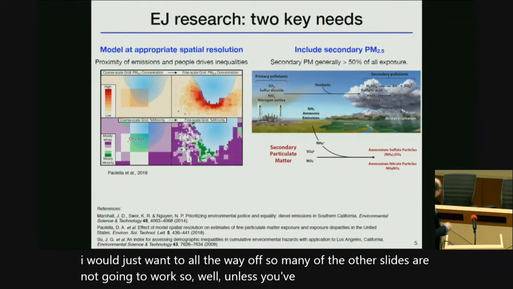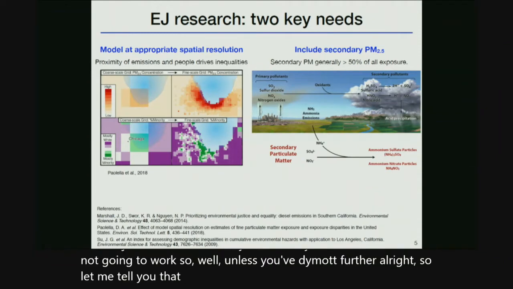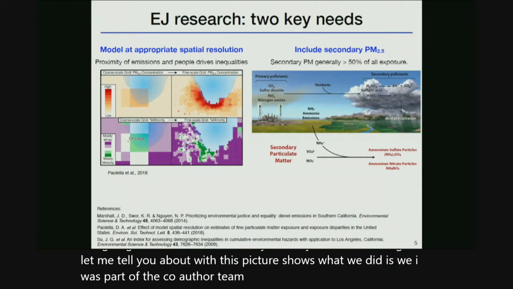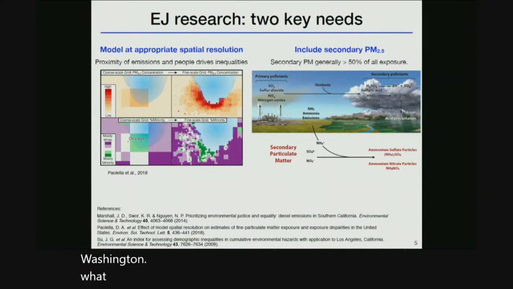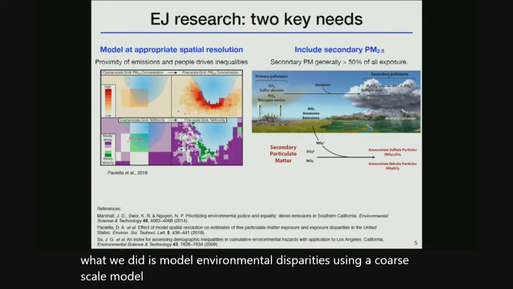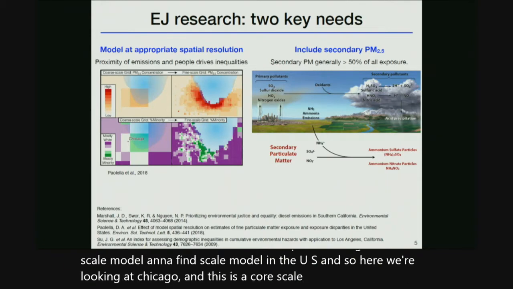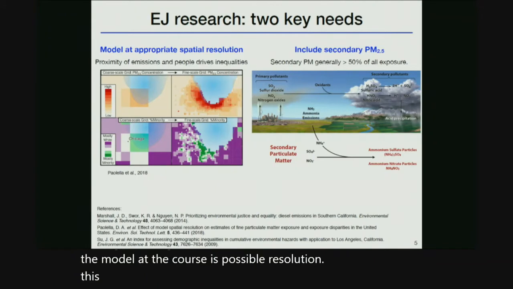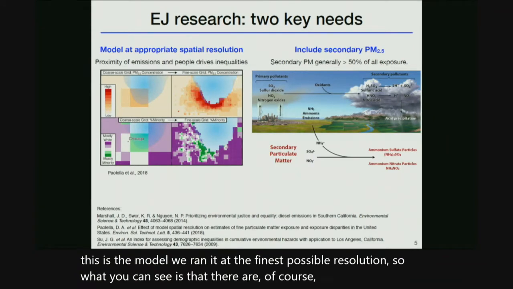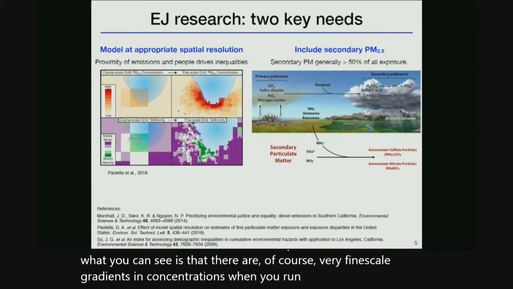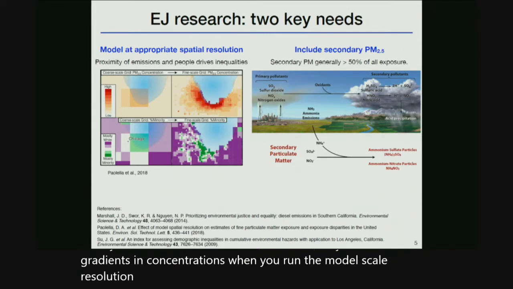All right, so let me tell you what this picture shows. I was part of this co-author team led by Julian Marshall at the University of Washington. We modeled environmental disparities using a coarse scale model and a fine scale model in the US. Here we're looking at Chicago. This is a coarse scale model where we ran the model at the coarsest possible resolution, and this is a model where we ran it at the finest possible resolution. You can see there are very fine scale gradients in concentrations when you run the model at fine scale resolution that basically get lumped into one big block when you model it at